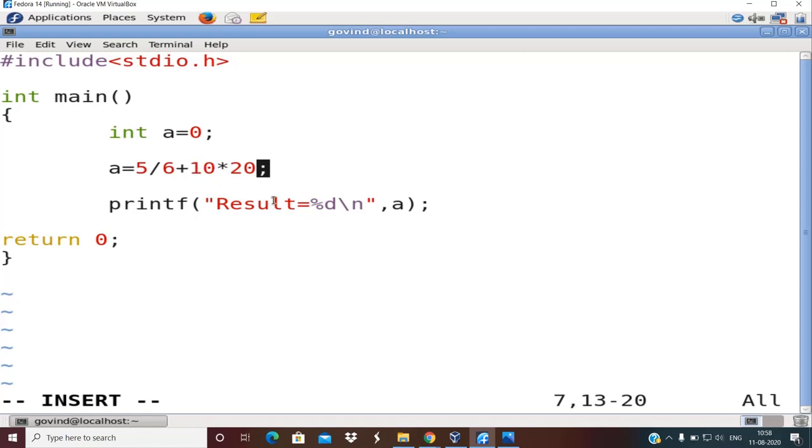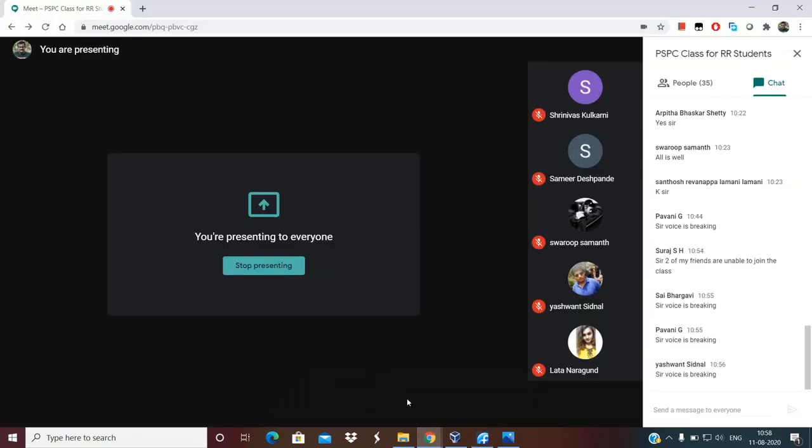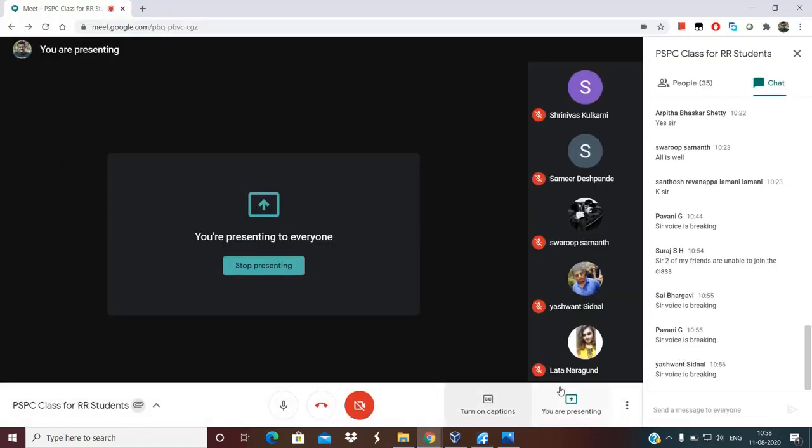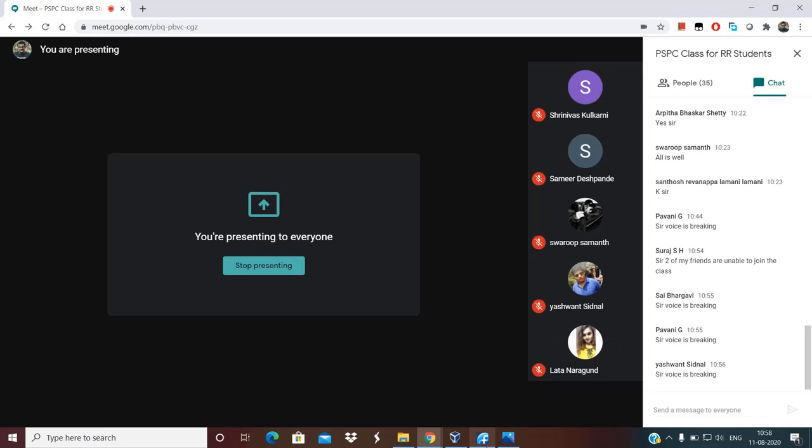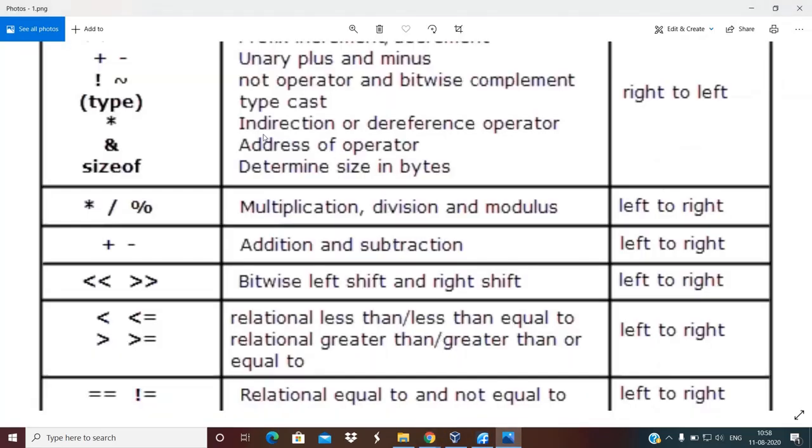So if I refer to this chart, are there any questions? Okay. Star and division have higher priority than plus and minus. Star and front slash have higher priority than plus and minus. So they must be evaluated first, followed by plus and minus.